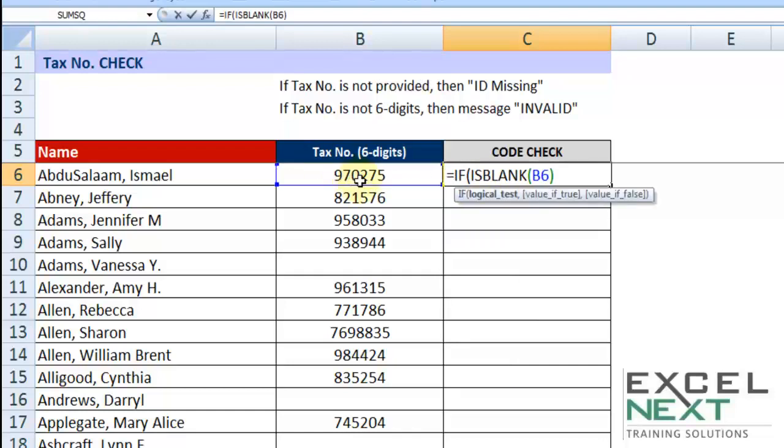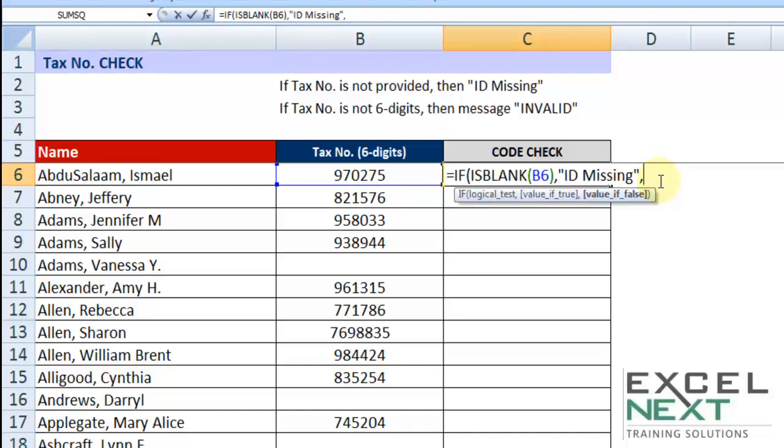Now if the answer is true, what must you do? That means if it is a blank, I must say ID is missing. Correct? Okay. So if the question's answer is yes, what must I do? But if the question's answer is no, that means it has something. I must also find out the length of the digits.